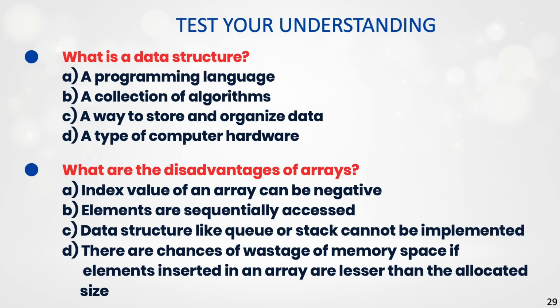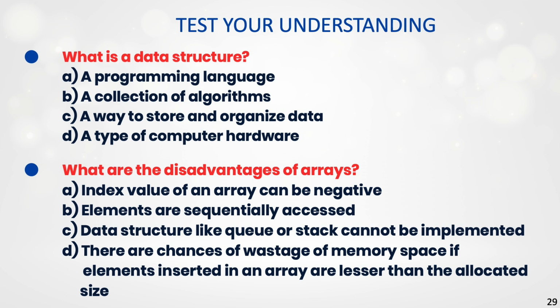So, in order to test your understanding of what we have learned so far, I have given some 6 questions. Number 1, what is a data structure? So, from the available choices, data structure is a way to store and organize data. And then the second question is, what are the disadvantages of arrays? So, I have given some 4 options. One is index value of an array can be negative, elements are sequentially accessed, data structures like queue or stack cannot be implemented, and there are chances of wastage of memory space,